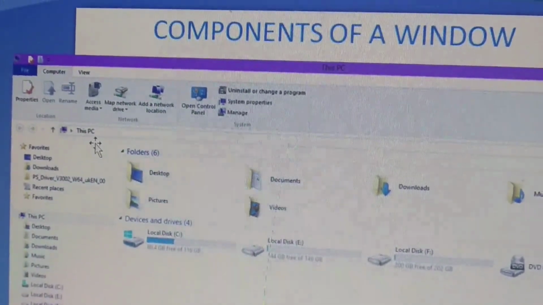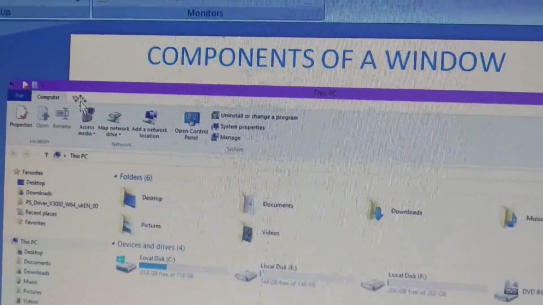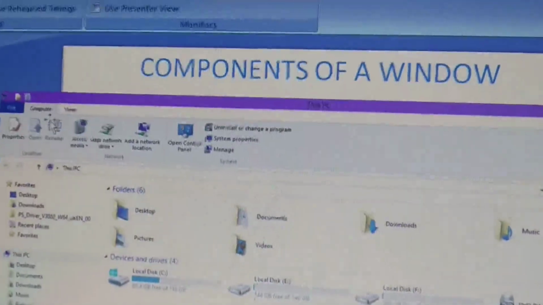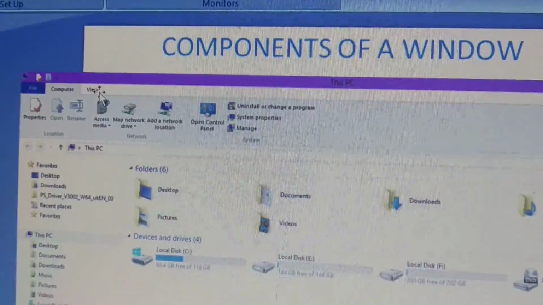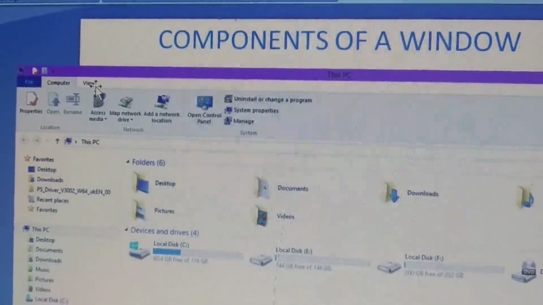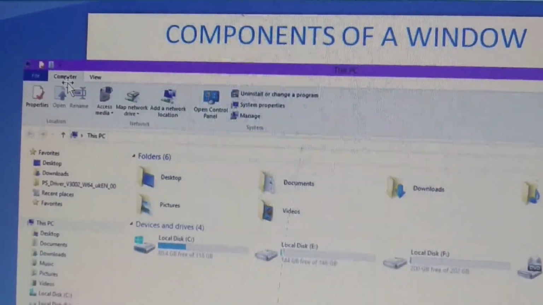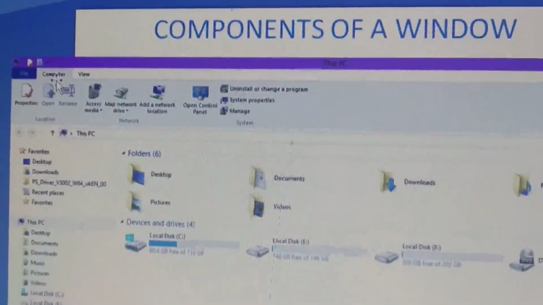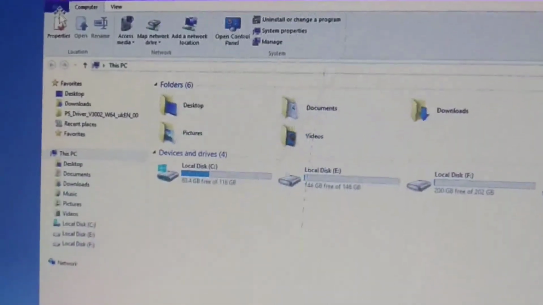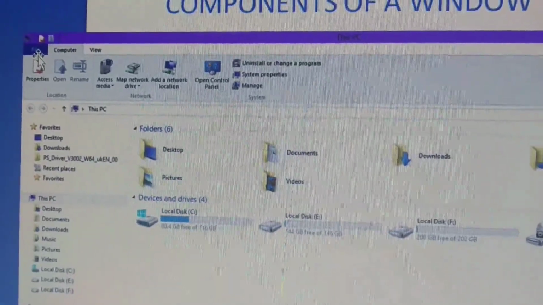The menu control bar means here you are seeing the File menu, Computer menu and View menu. Menu means there are certain buttons contained inside the File, Computer or View. For example, you can zoom your file according to percentage and the screen will become bigger or smaller. In the Computer menu, you can see various drives or devices which are attached here, and in the File menu, you can open the file, print the file, view the file, open a new file. These are the options present here.